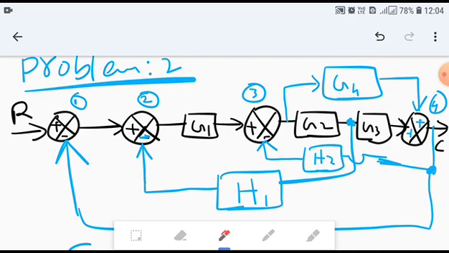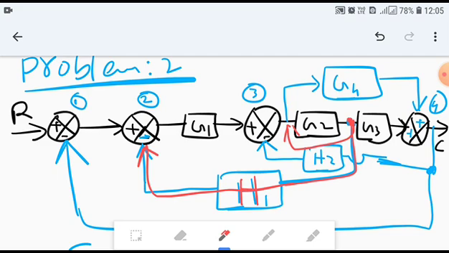If you observe, between G2 and G3 we have this branch point which we are taking as feedback towards the input, so it is in feedback with H1. Suppose if we move this branch point from between G2 G3 to before G2,